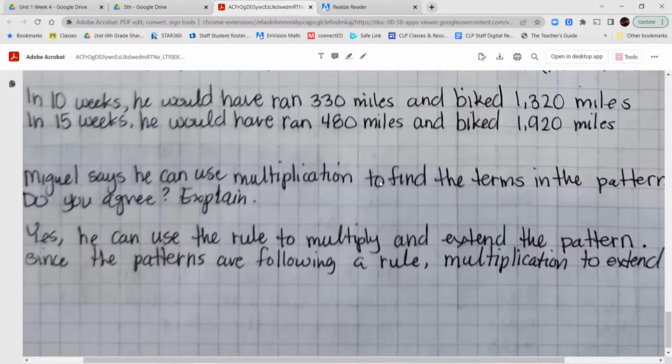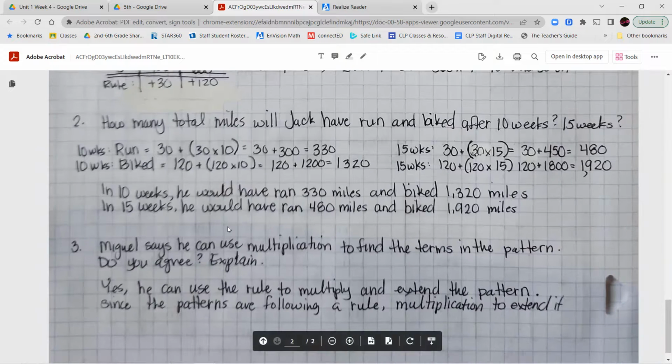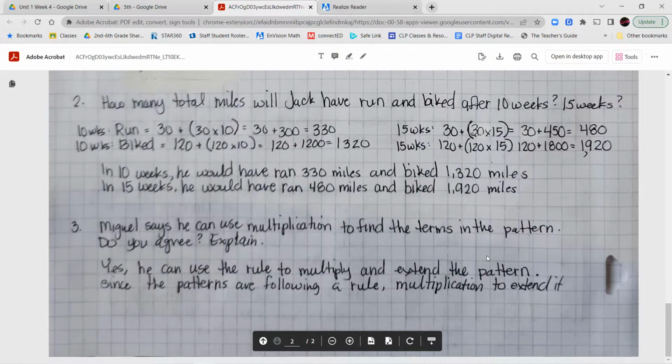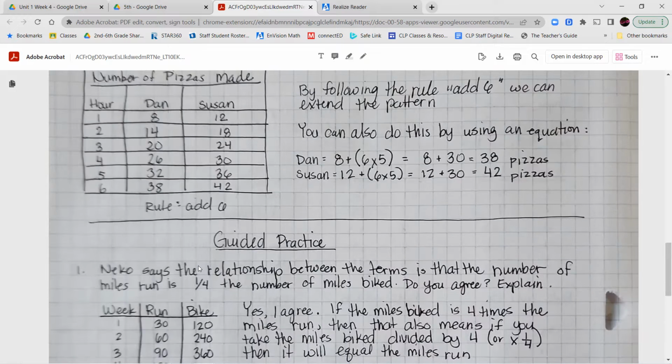Okay, let's go on to number 3. Miguel says he can use multiplication to find the terms in a pattern. Do you agree? Explain. So yes, he can use the rule. He can use the rule to multiply and extend the pattern. Since the patterns are following a rule, you can use multiplication to extend that pattern, because you're basically using repeated